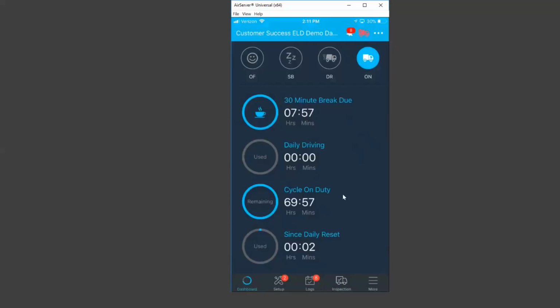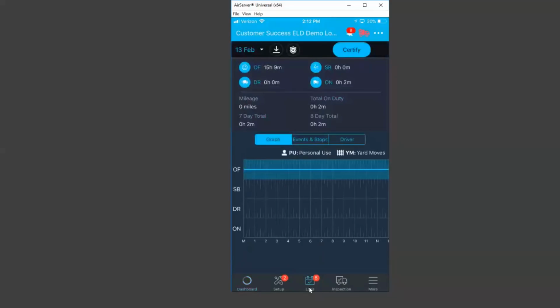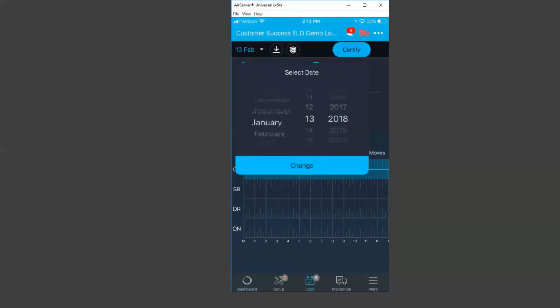What I wanted to do is show everyone the logs page, because this is going to be another change that you're going to see to the app. Before, if you did get pulled over, or the officer wanted to look at the AOBRD option of the tablet or phone, the officer could hit the back button on the dates and look back past the legally allowed 7 days. If you are in the driver mode, you can go back as far as you want. So if I want to select, let's say, December,